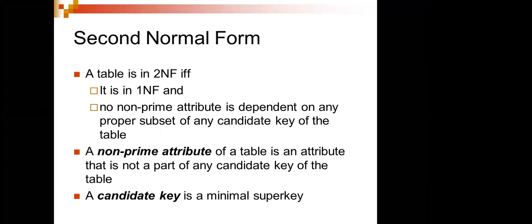So the first point says that you sort this in the first normal form. How will you confirm whether it is in first normal form? Whether each and every column has a single value. So the first point is right. Then coming to the second one: no non-prime attribute depends on any proper subset of any candidate key of the table. I was telling you about the candidate key, primary key, foreign key, like this I was explaining.